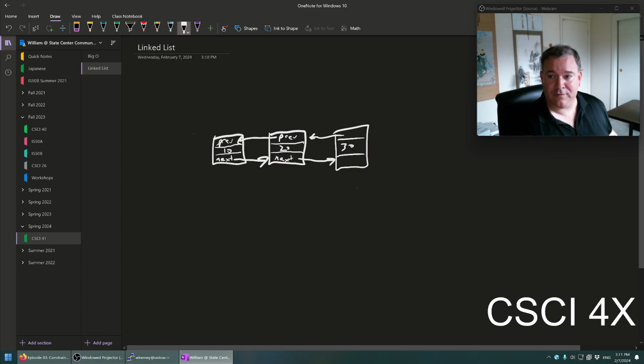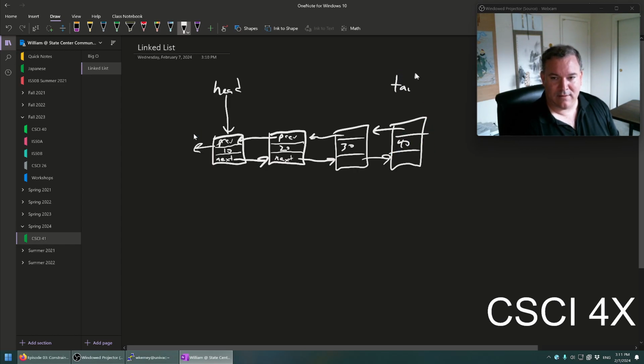Now, pointers have a special value when they don't point at anything. This one is the beginning of the list, so we've probably got a head pointer here, pointing at the beginning of the list. Let's add another node here that holds 40, because why not? I'm creative. And we've got tail here, pointing at the end of the list. So if you want to indicate there's nobody in front of us, you set a pointer to